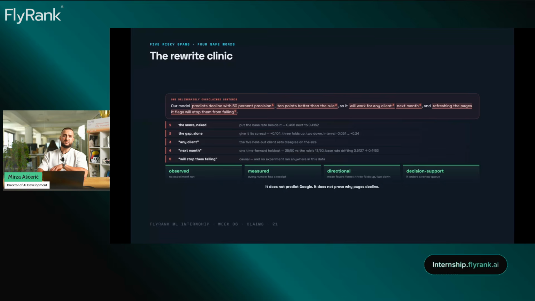So we made the sentence much shorter and cleaner using 4 main words. Observed: we just saw what happened. We did not do a special test to make it happen. And we have numbers for everything. We can show how we got them. And most of the time, things got better directionally, but sometimes they did not. So it shows the direction, but not always a perfect path.